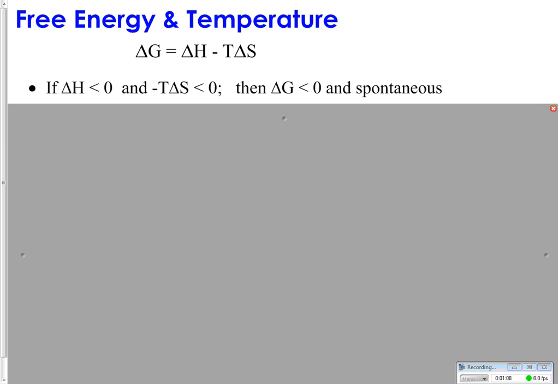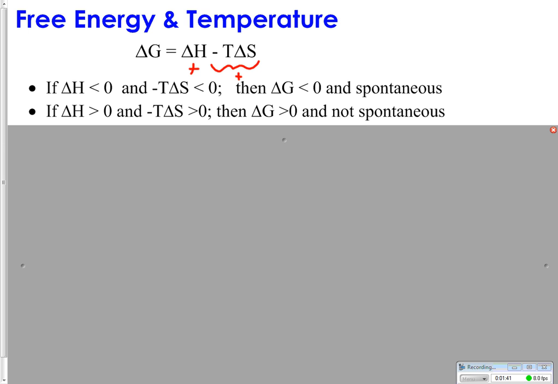If we consider when delta H is negative, and the negative T delta S term is also negative, then delta G will always have to be negative. And we learned before that if delta G is negative, it always means it will be a spontaneous reaction. Now we can look at the opposite, assuming delta H is positive and the negative T delta S term is positive. If that's the case, then delta G is always going to be positive and the reaction would